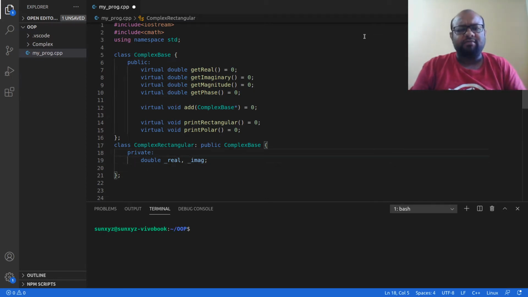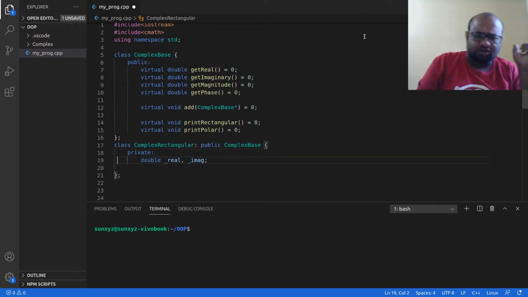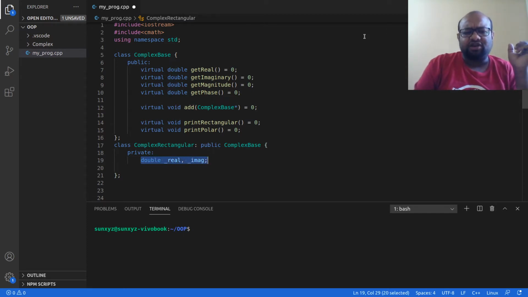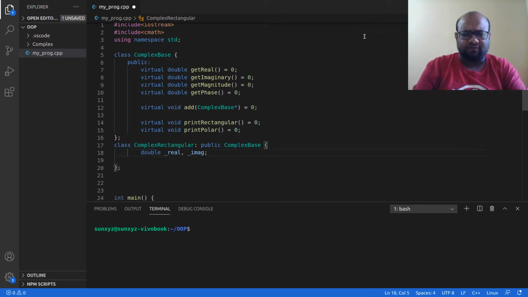So if I am having methods or attributes which are private, I need not specify them as private if they appear at the beginning of my class. In the beginning everything is private, so this will be private even if I don't write this line of code. So let me remove this line of code, and this is equivalent code.